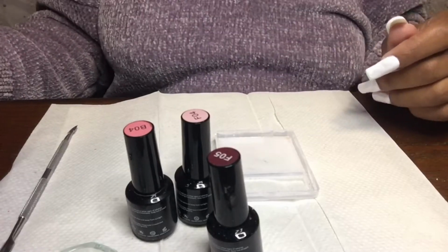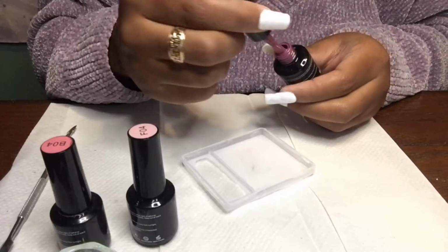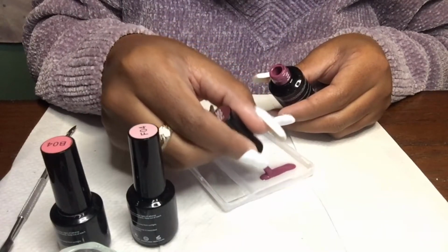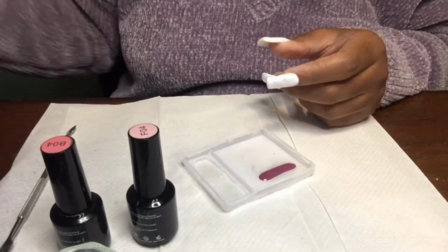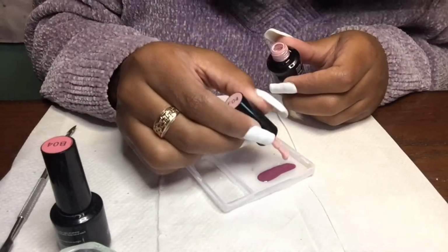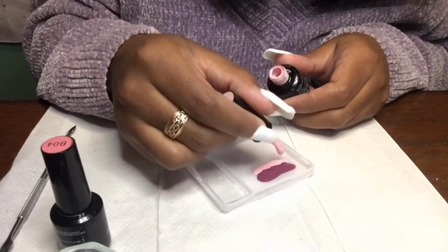So like I said, these are the three colors that I'll be using to do my marbling. And I'm just looking at the picture to make sure that I am using the right colors. So I'm just adding a line across of each color, making sure that I have enough. This is a method that I found on Instagram. I don't have a little mixing plate to put my polishes in, so I'm just honestly using the top to my drill bits for my e-file, and it works out pretty darn well. So I don't know if I'll actually be buying one of those, but yeah,